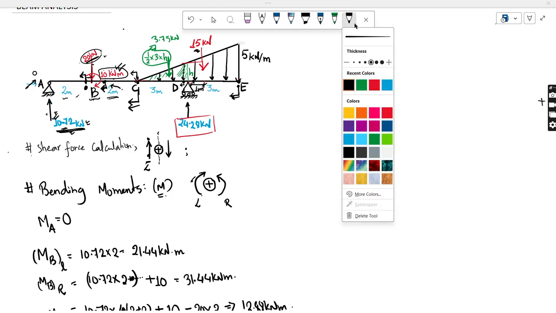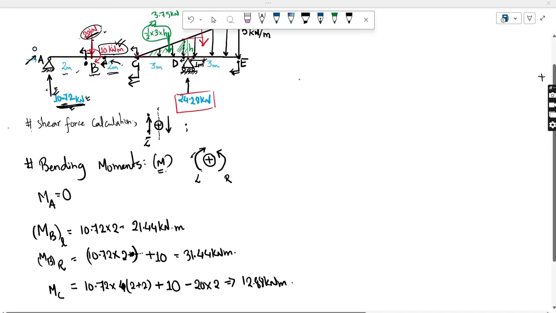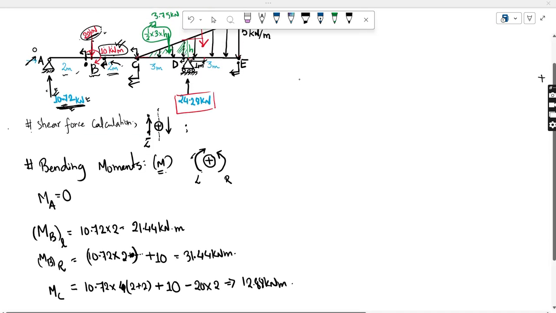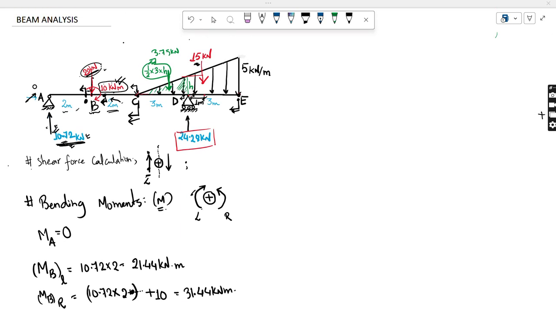We have done it till point C. Now let's move on to point D. I will be writing over here. We have done it till point C, and at C it came out as 12.88. We'll plot it later. So let's move to point D. Now again, what is happening at point D? At point D, there is one load